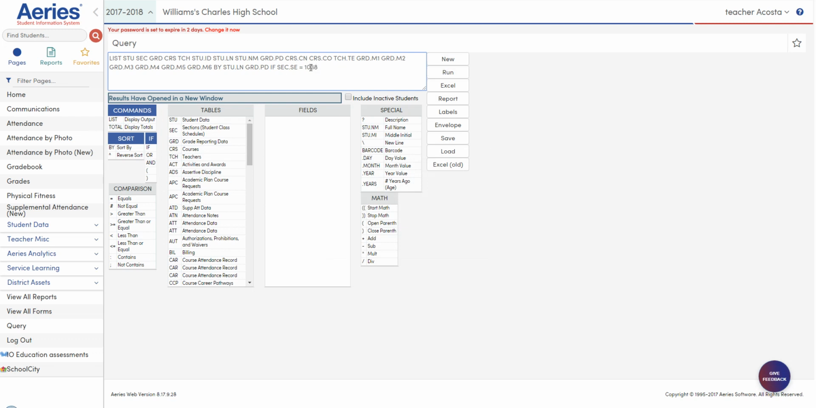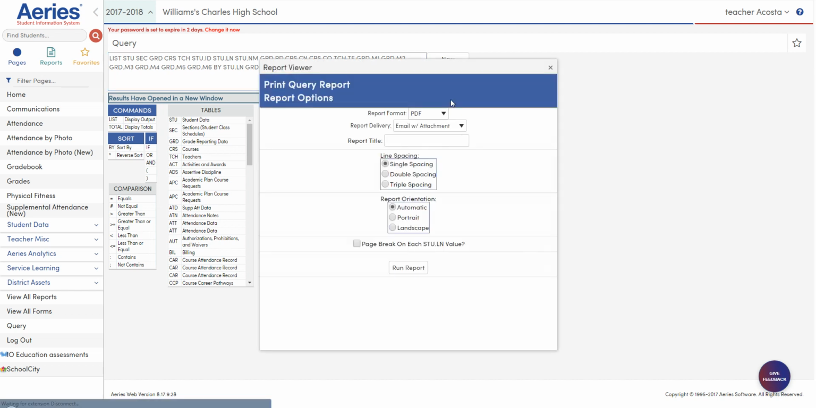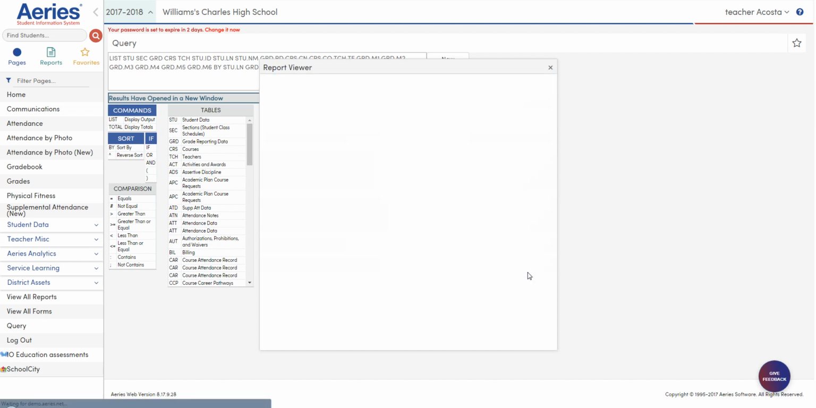Once we've run the query for an individual section, we can then click on the report button and generate an individual report for this. It's going to ask us for a report title. It's not required, but it looks better on the printed copy. Grade report. And then this section here is worthwhile. If you click on page break on each student last name value, what that'll do is every time there's a different last name in your report, it'll create a new page in the report. So if I go ahead and click Run Report and then click View Report,